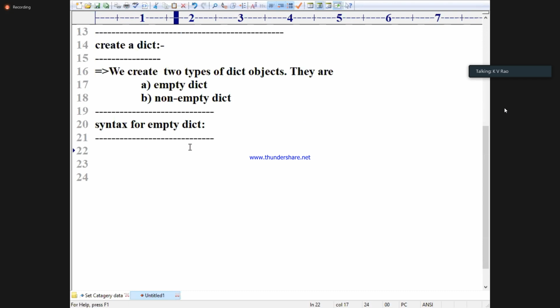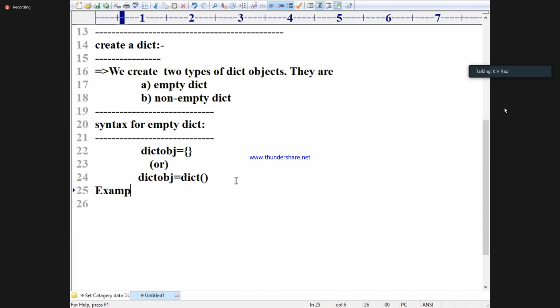Variable name, or dict object, dict obj is equal to empty curly braces, or dict of. Write down: dict obj is equal to empty curly braces, or dict obj is equal to dict of.